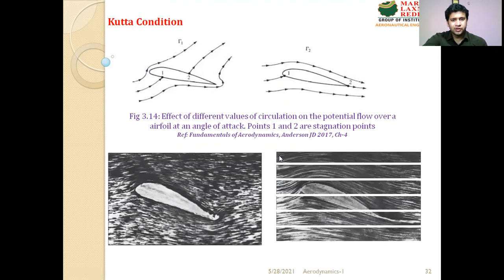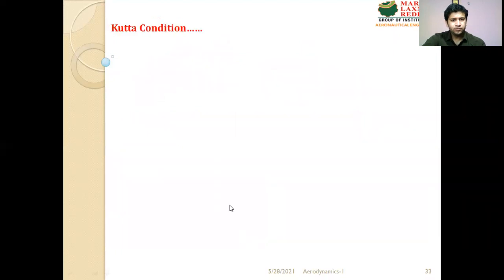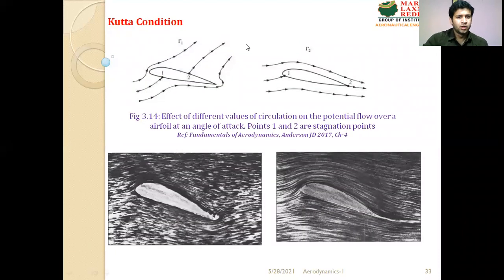So when this was tested, we can see from this figure there is a zigzag flow at the trailing edge. We can see there is some flow here which is breaking and then it is coming down. But from this figure we can see that the flow which is coming over the leading edge is slowly coming to the trailing edge and it is flowing linearly past the trailing edge.